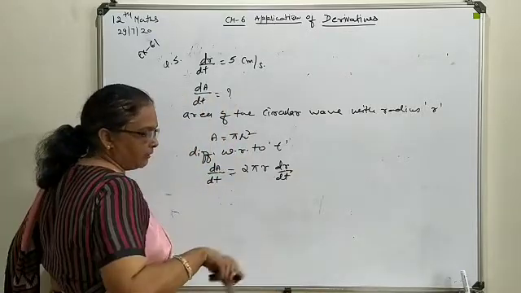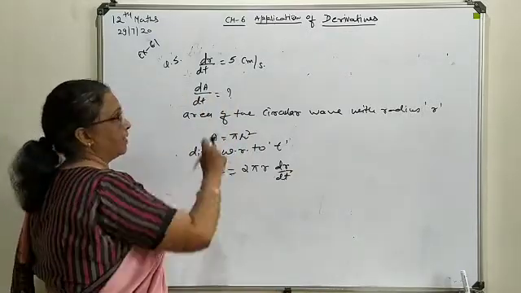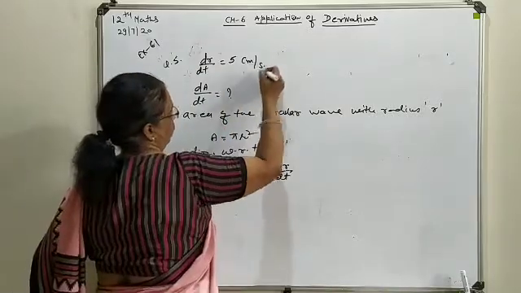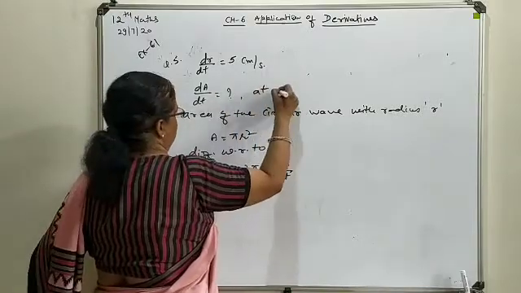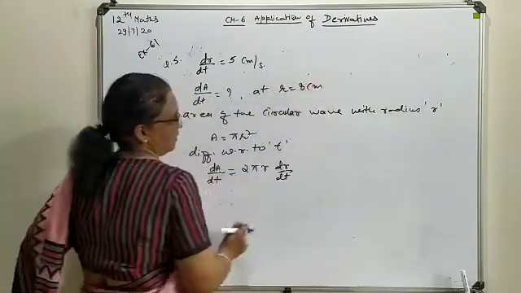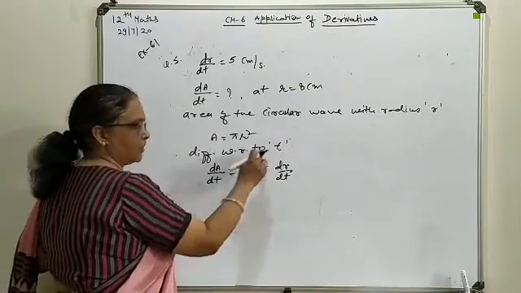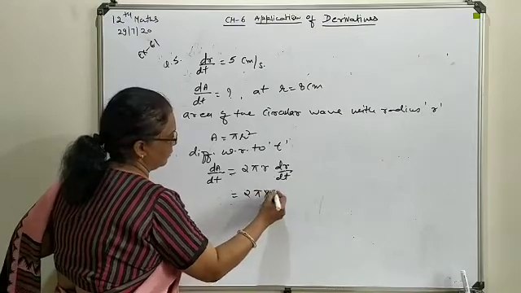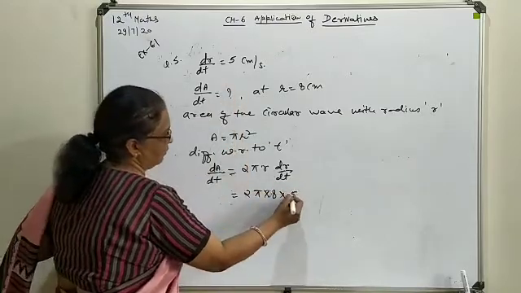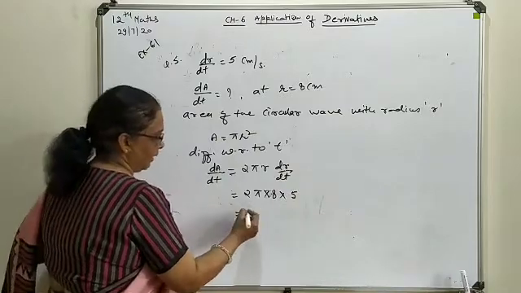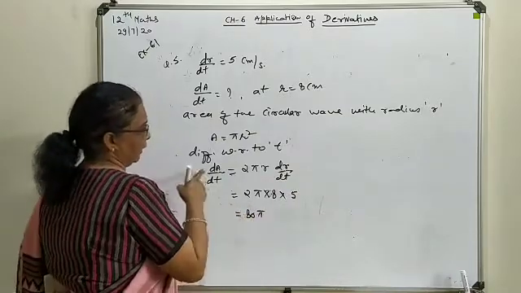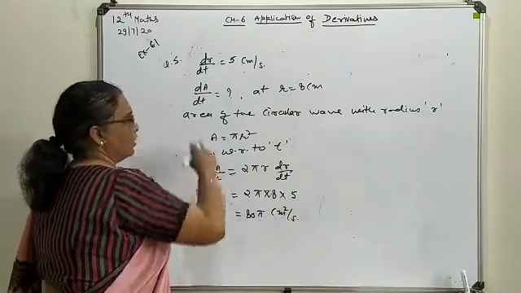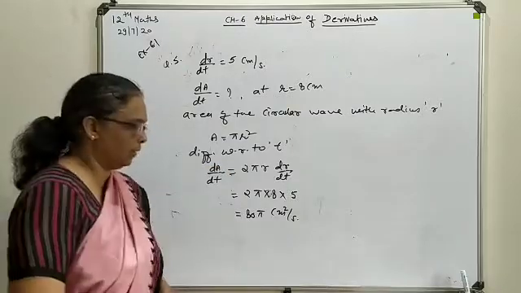Now when your circular wave is having a radius of 8 centimeter, this dA by dt is to be found out. So this is to be found out at r is equal to 8 centimeters. So both parameters we are having, go for substitution over here. This is your 2 pi r, r means 8, dr by dt is 5. So how much does it do? 80 pi unit centimeter square per second. So this way indirect form question may be asked.